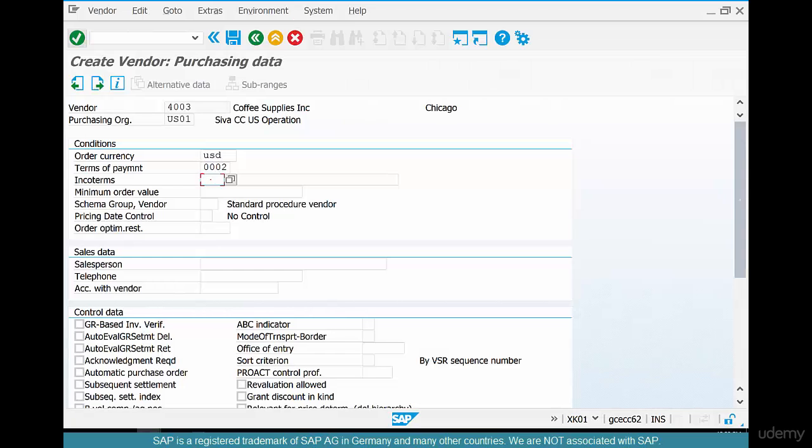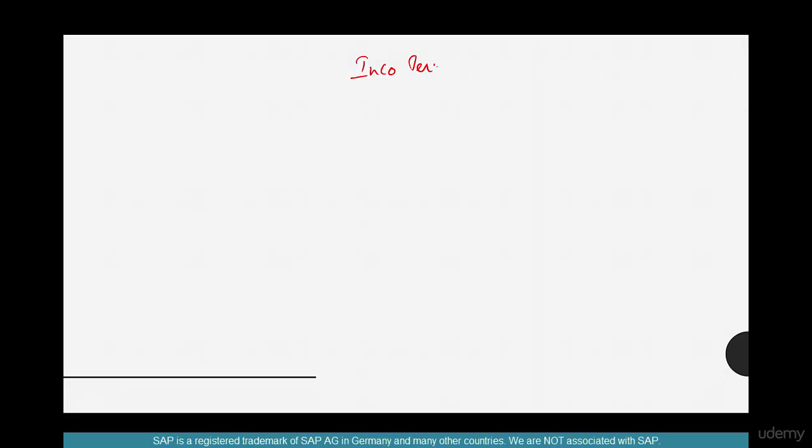And the next parameter is Incoterms. What's an Incoterm? An Incoterm stands for international commerce. Inco stands for international commerce. So when you trade goods across cities, across countries, there needs to be a standardized way of specifying how the goods are transferred. So say for example, you want to ask the vendor for a certain set of terms. Say you want to ask the vendor to deliver the goods free to your warehouse. It's called